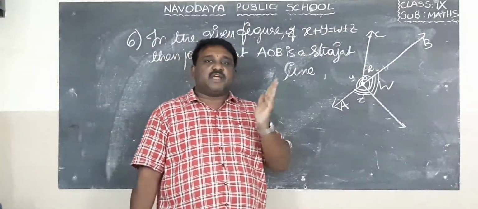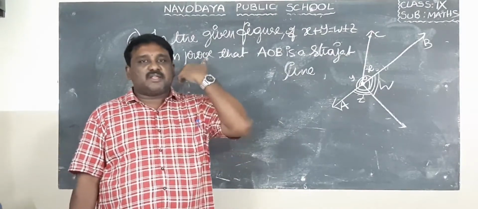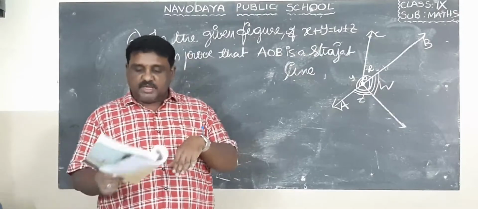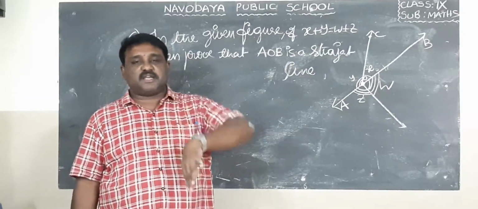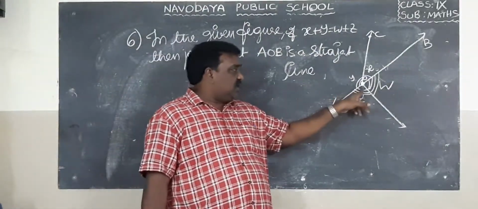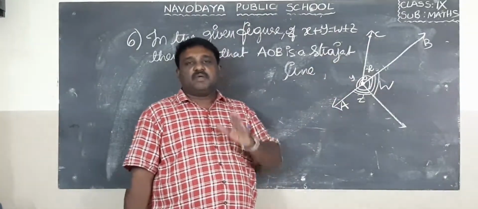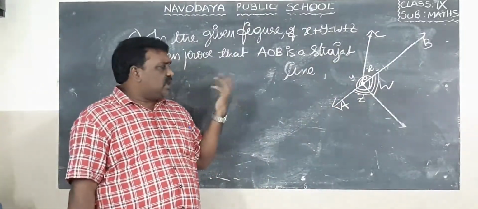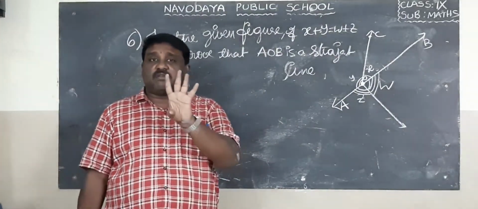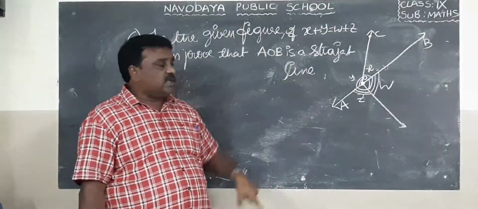Angle on a straight line is 180 degrees. So it is enough to prove that angle on a straight line is 180. Automatically it becomes AOB is a straight line. There is a point O exactly at the center. Observe the point clearly. 4 angles are there in the diagram. 2 rays are visible to you. One straight line is visible to you. 4 angles are visible to you: X, Y, Z, W. And there is a point O in the diagram.